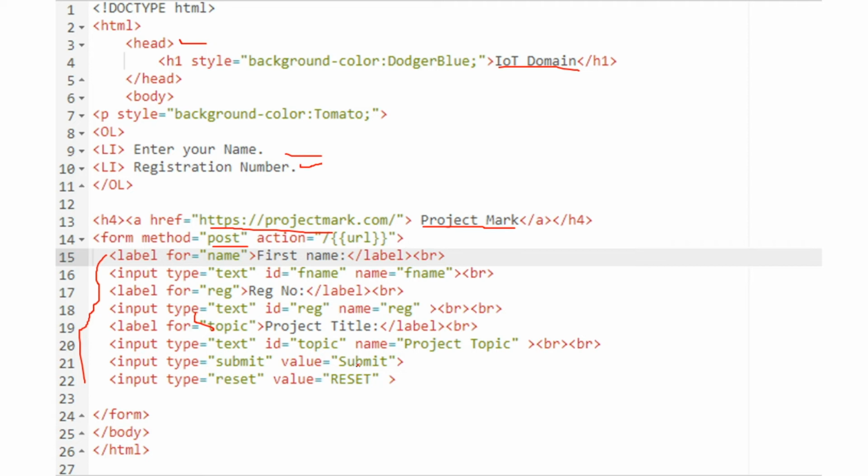Two important things: to submit your details we have a submit, and to enter new details we have a reset. So we have a reset button and a submit button. The types are reset and submit, and the form will be ended with the end tag of form, body and HTML. So this is the flow of code which has been written in HTML for this particular application.